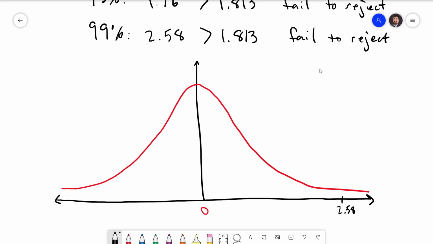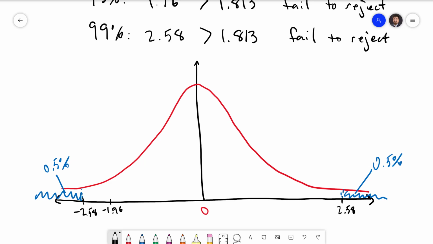If we look at 2.58 and negative 2.58, all of the area on the outside of those critical values adds up to 1%. And so that corresponds with the 99% confidence level. Since the normal distribution is symmetric, to add up to 1%, we would have 0.5% on each tail. We can do the same thing for